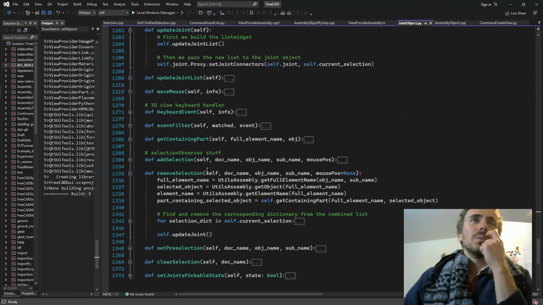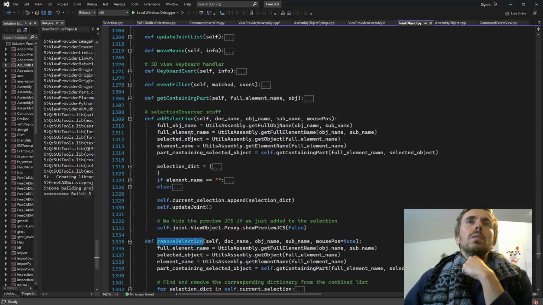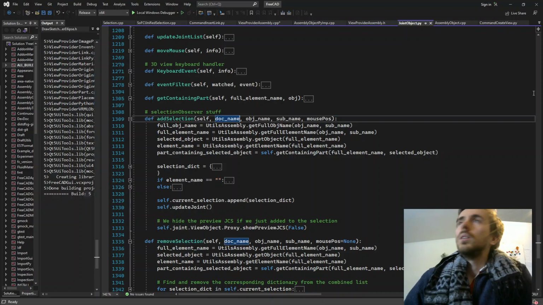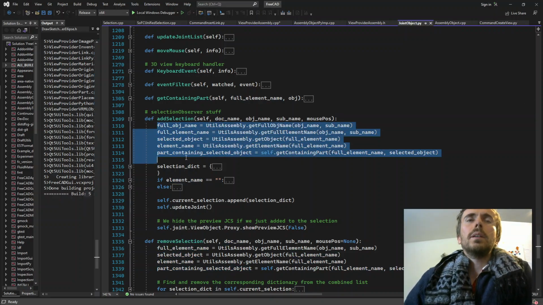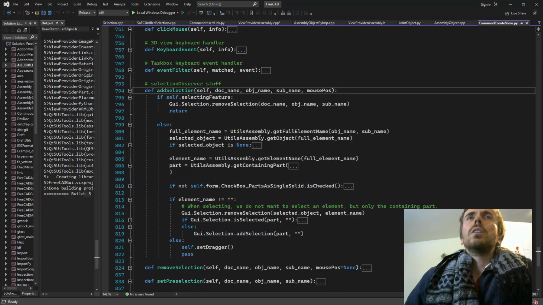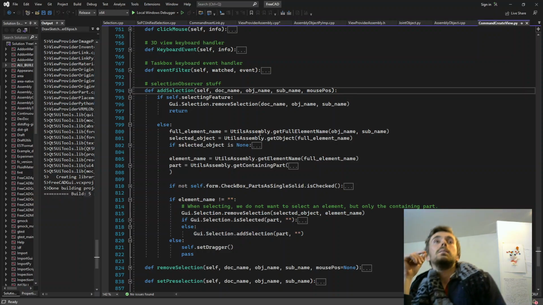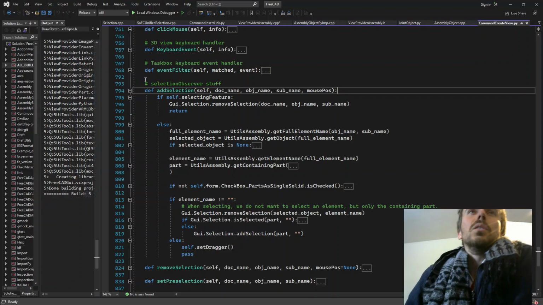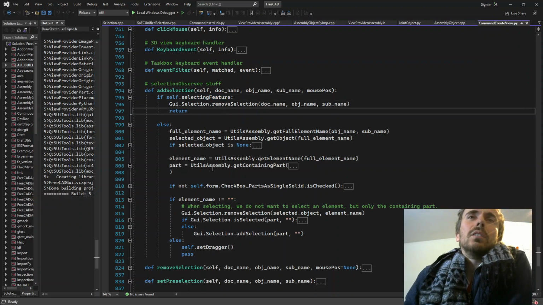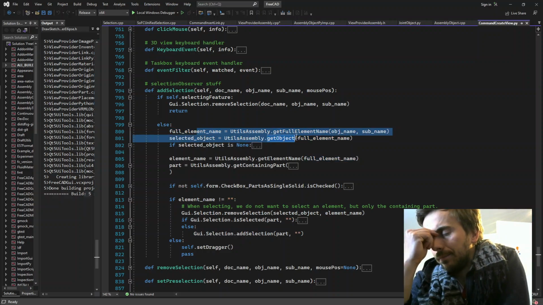And in join object as well, we have a selection observer. So in Python, you see you have a different function, one for each type of selection change, which is not true in C++ apparently. And so what is going to be a bit annoying is that I have some functions in Python, and I don't have them in C++. So you see, that's going to be annoying, because these functions here are actually getting the